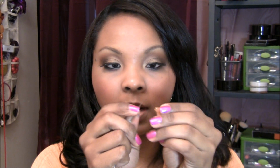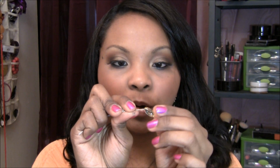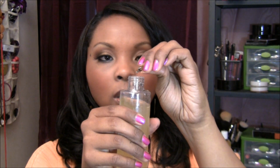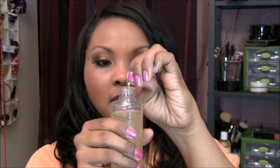Now I'm going to grab 1 capsule from my vitamin E. And you need to figure out a way to extract the vitamin E from inside the capsule. So I usually just use a clean needle, like a sanitized needle that I have. So I'm just going to take my needle and I'm just going to poke it. This needle's clean, it's sanitized. I sanitized it before I started. And I just poked a little hole into the vitamin E. And then I'm going to squirt the contents of the vitamin E capsule inside of my...